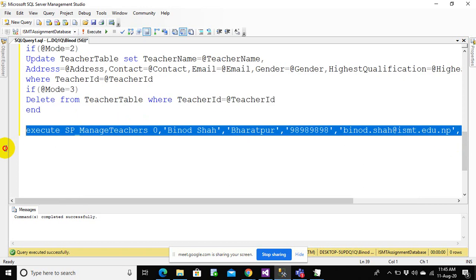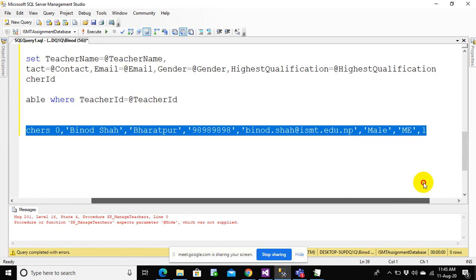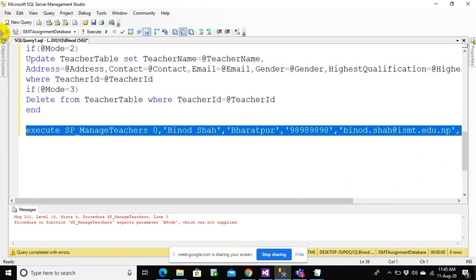Let me execute. There is an error that @mode was not supplied, so maybe I'm missing some value. First is teacher ID, name, address, contact, email, gender, highest qualification. What is missing here?